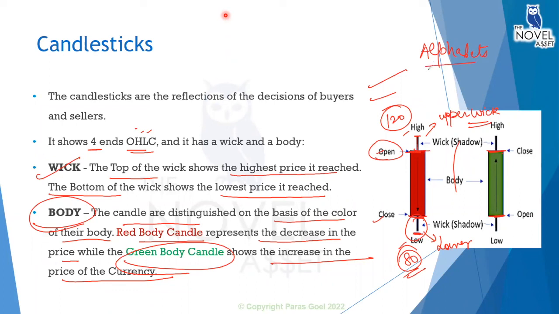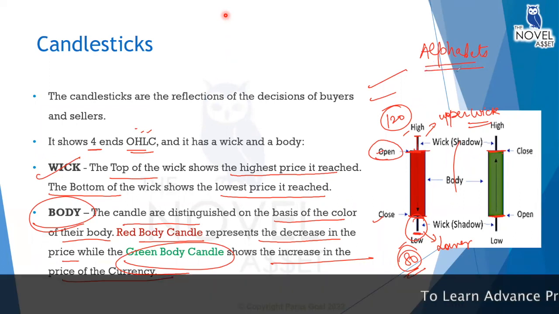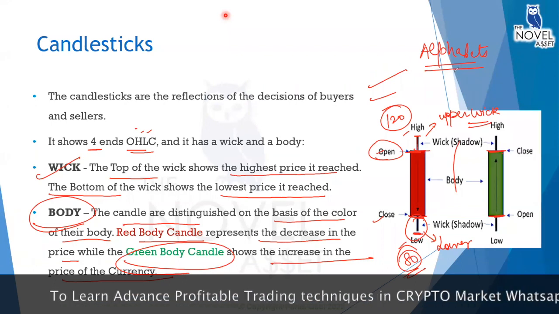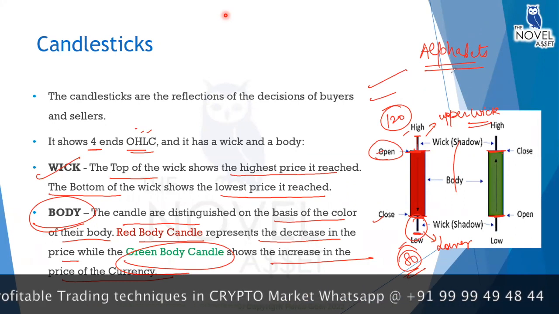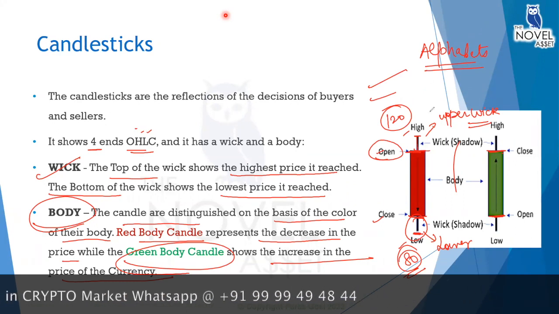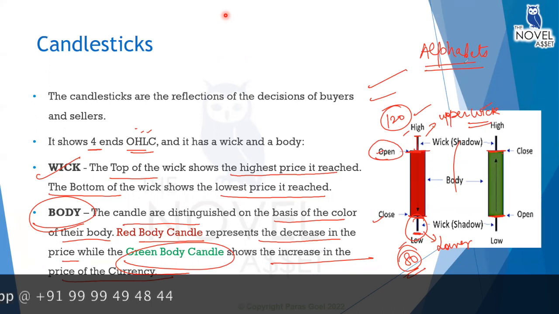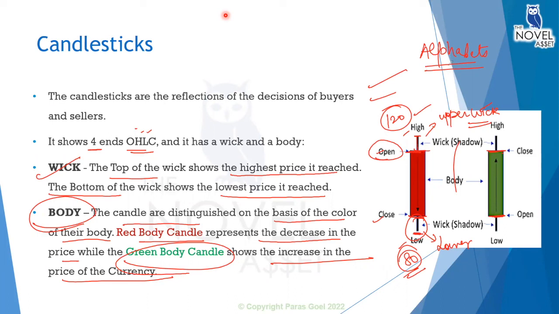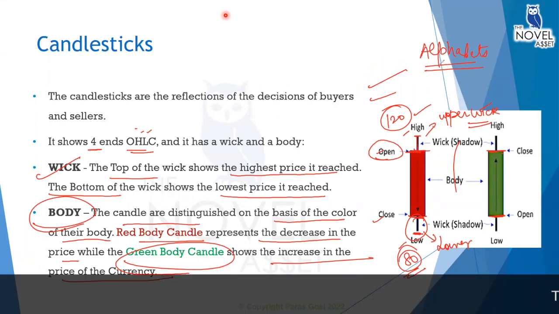In English, there are 26 alphabets, right? Because of these alphabets, we are able to make some words. Because of those words, we are able to make some sentences. And because of those sentences, we are able to make some paragraphs. Similarly, these candlesticks are the alphabets of the price action language. And that is why we have to understand each and every alphabet, so that we can know how to use those alphabets to make words and how to use those words to make sentences or paragraphs. Understood why we are going through this candlestick in a very, very detailed manner?